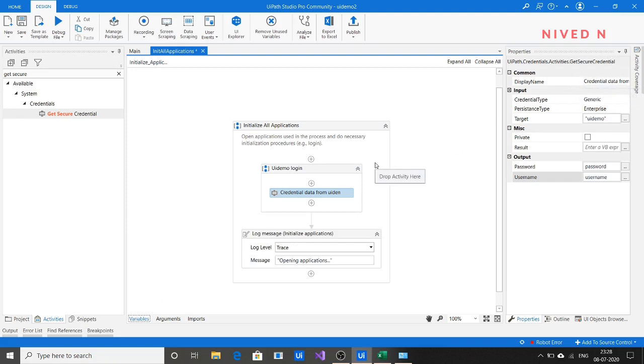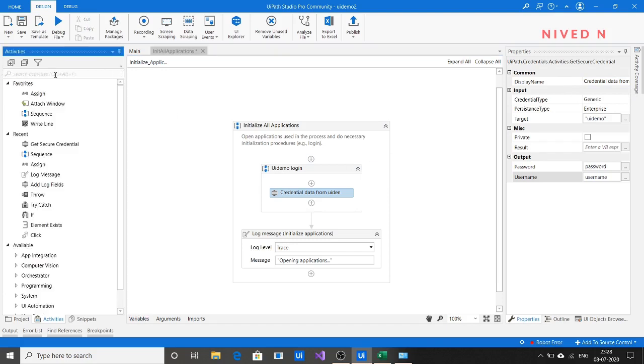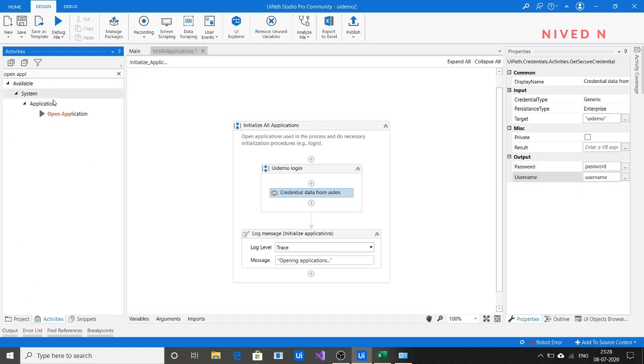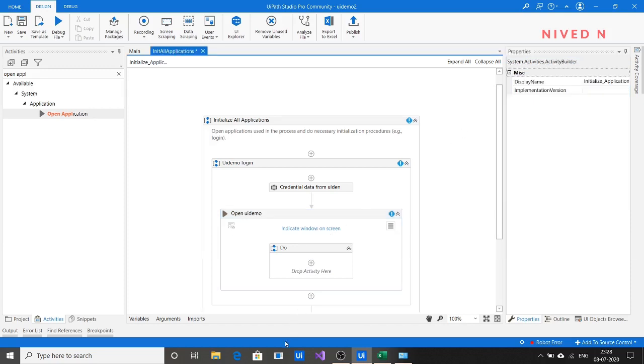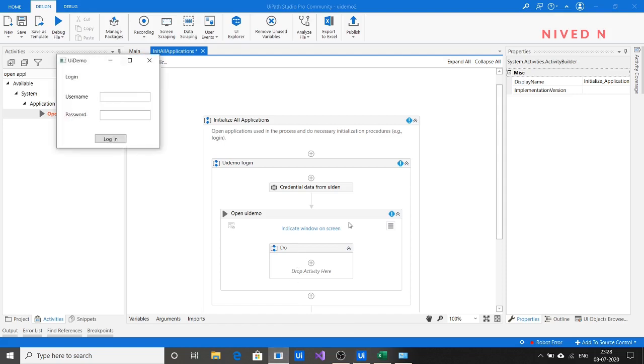Now you want to input it into the login section. So first you want to open the application, create an open application activity. Just drag here, give it a name, open UI demo. Now you have to indicate this window.